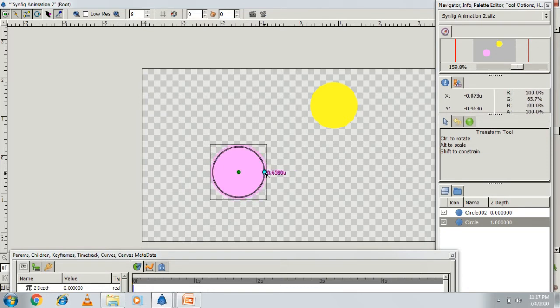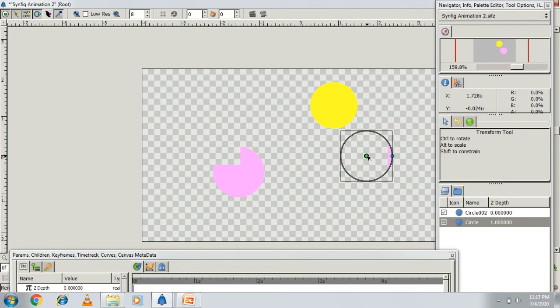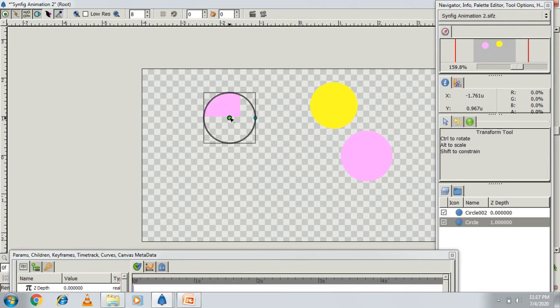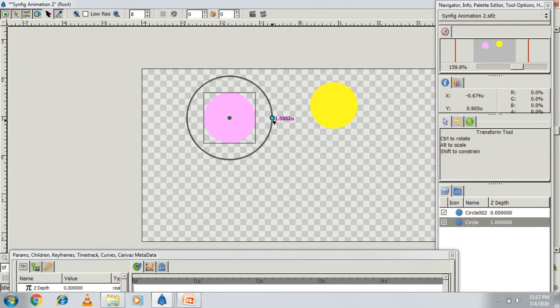A circle has two ducks. One is to control the position of the center; if you want to move it, you can move it like this. And the second control is the radius. If you want to increase the radius, you can increase it, and if you want to decrease, you can decrease it.